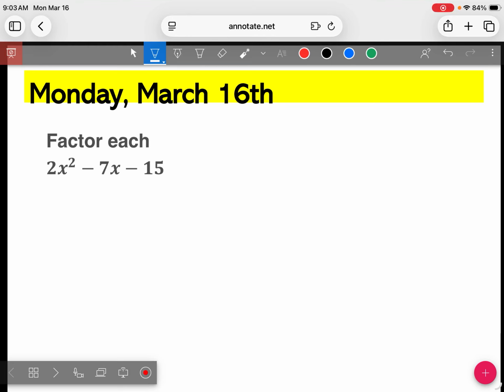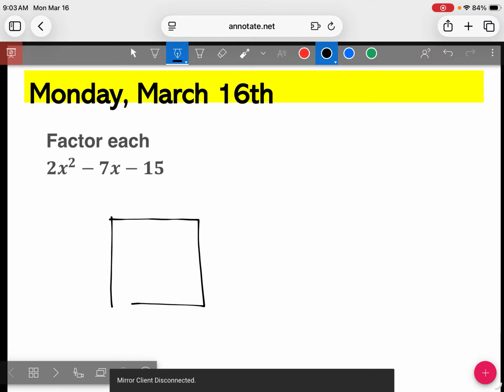Because A is not 1, we have to make our box. On your test, there are 3 factoring questions, which is why we are